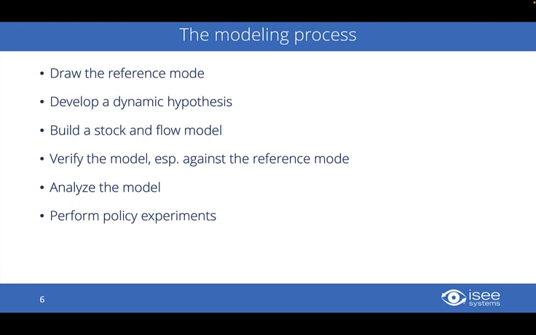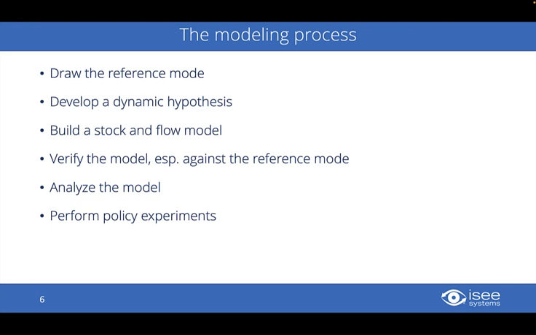And I'm describing this process in a very linear fashion. Normally, when applied, it doesn't happen exactly like this. You start with your problem and you develop your dynamic hypothesis. You start building a model, but then you go, wait a minute, maybe my explanation wasn't right. And you modify your dynamic hypothesis, and then you try and validate your model again. No, that's not quite right. Let me change my stock and flow model, which then sometimes means I change my dynamic hypothesis a little bit. So you step through this thing